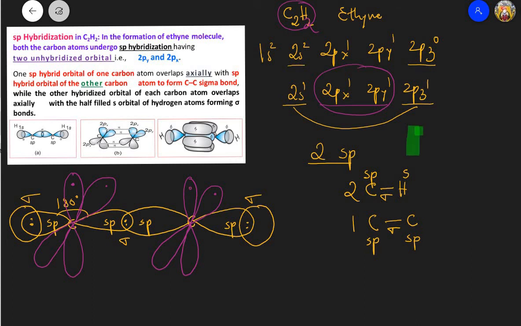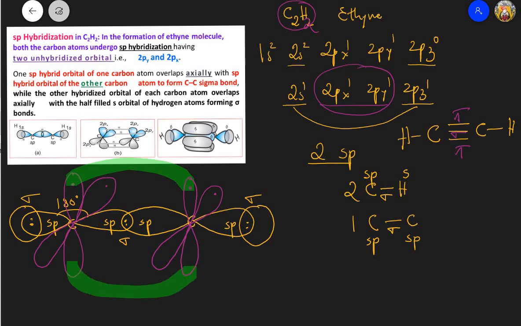Ethyne molecule is nothing but HC, then triple bond, then CH. So here you can see that in the center this bond is a sigma bond. Here above one pi bond and below one pi bond will be there. So in order to have effective overlapping, one of the px orbitals, this unhybridized px, will overlap with the px above, and the same thing will happen below, right? And the remaining one will overlap this 2py and this